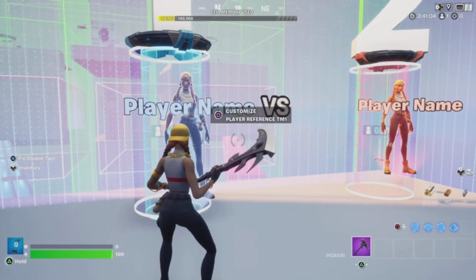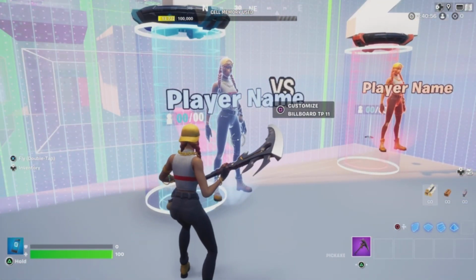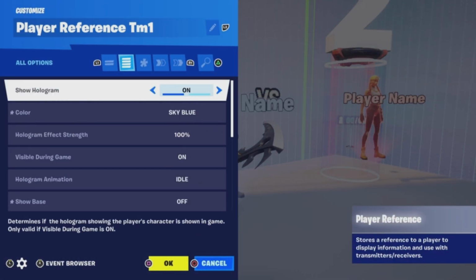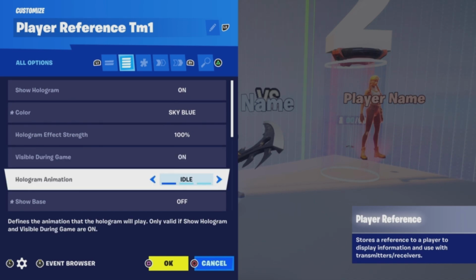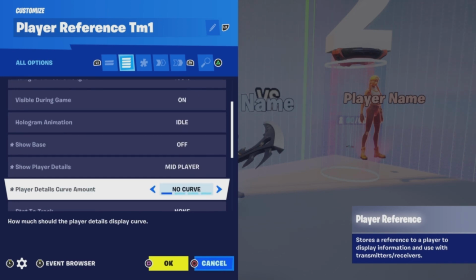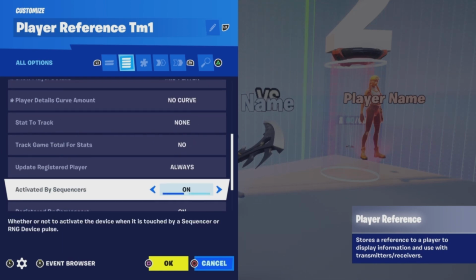In addition to that, we have player reference devices, and this will display as soon as the player goes into the zone to switch their team. So let's take a look at Team 1 first. I have show hologram is on, the color is sky blue, the hologram effect is 100%, visible during game is on, hologram animation is idle, show base is off, show player details is mid player, player details curve amount is no curve, the stat to track is none, the track game total for stats is no, update registered player is always,